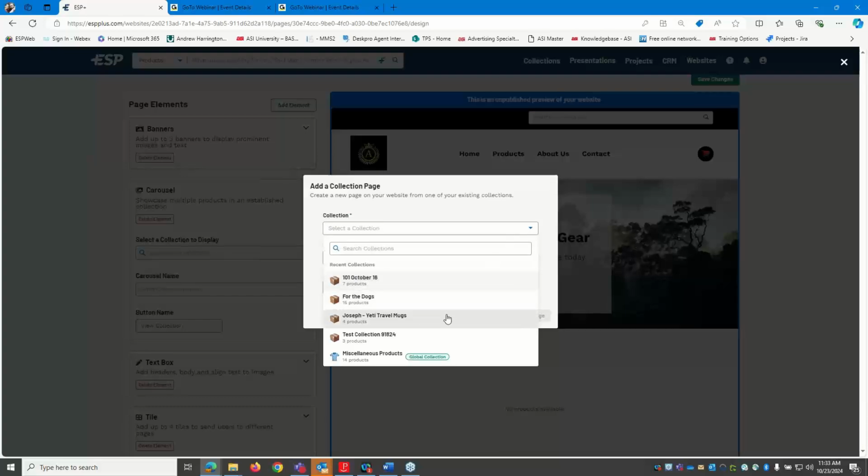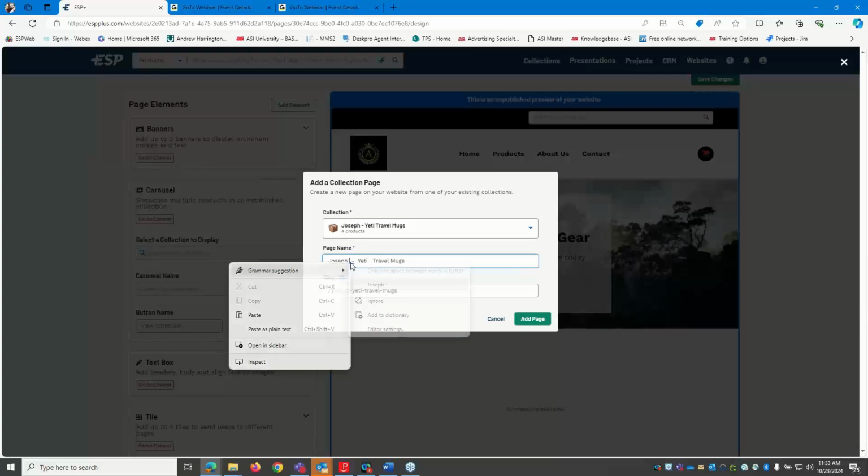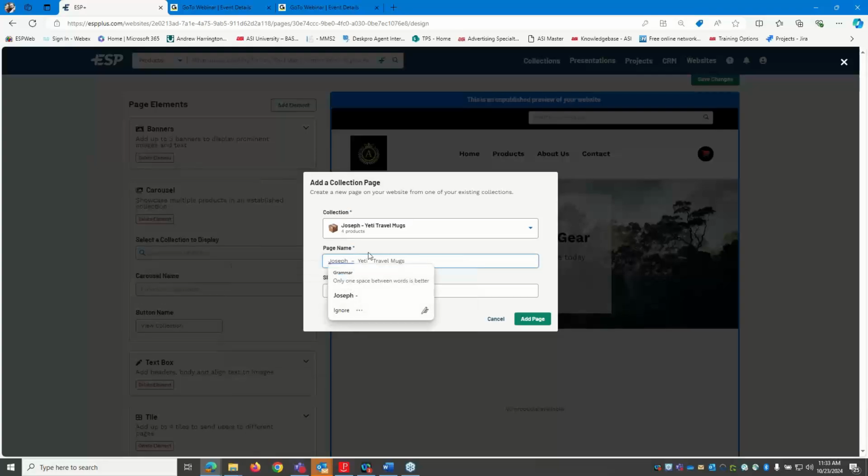In this case, I'm going to say my Yeti mug collections. When I do this, it's going to create this carousel element on the home page, but it's also going to automatically create this collection page